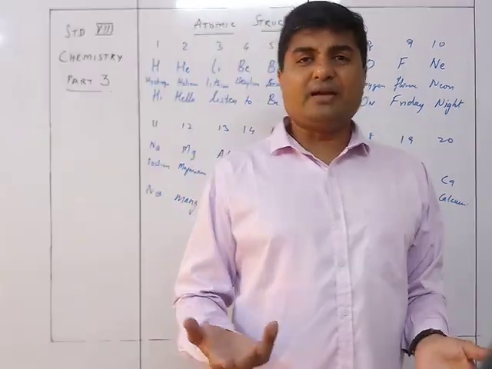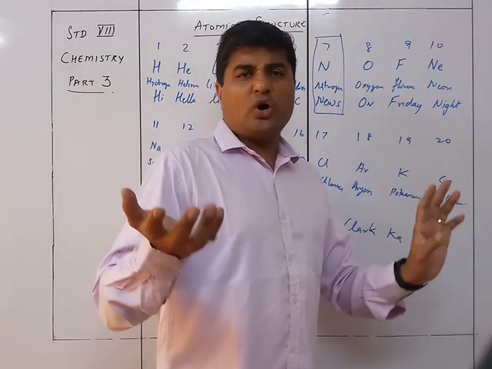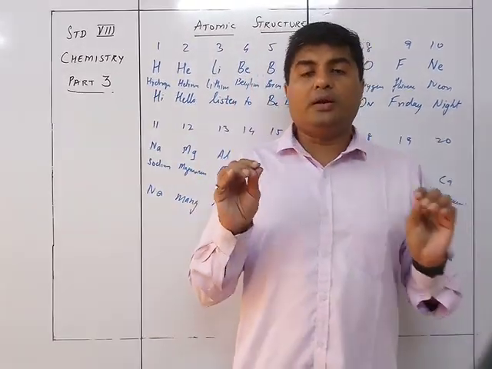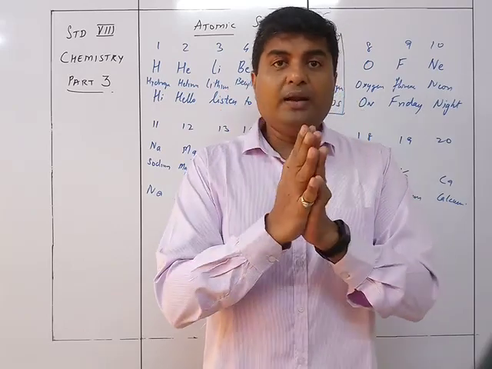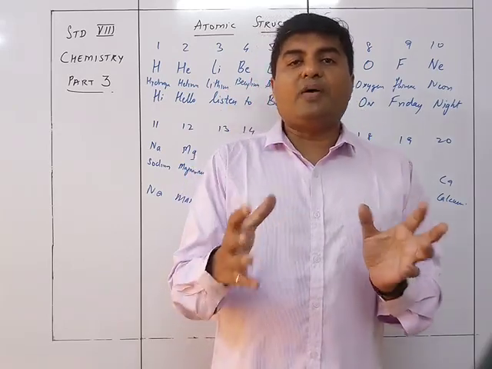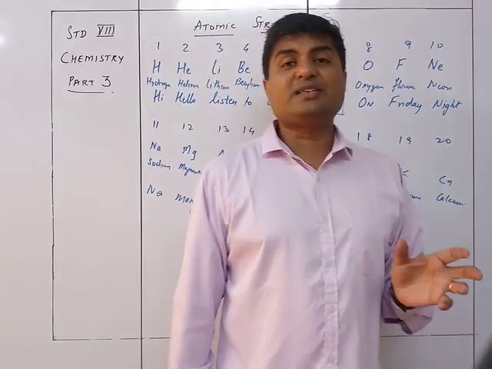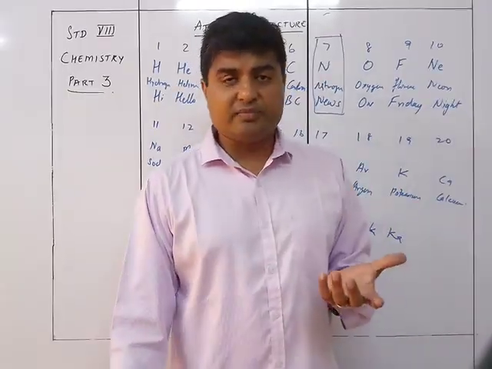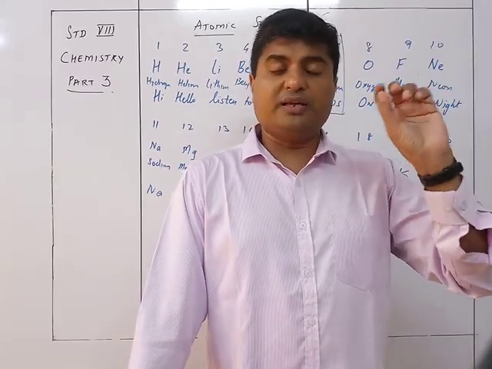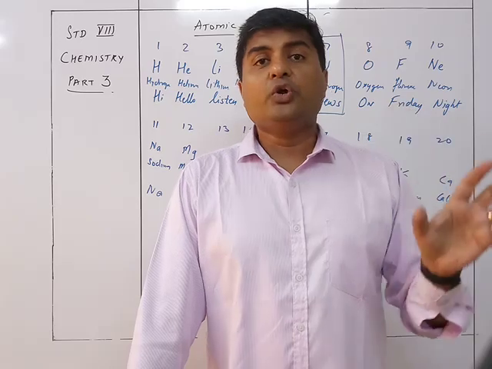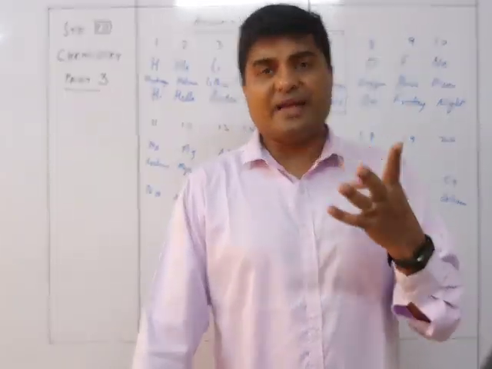There could be many other ways, and some people use things like Pepsi Cola and so on. So it is your choice, the way you see and remember something. I just give you one example by which you can remember the first 20 elements of the periodic table, because this is where you will need to identify them sometimes. They may tell you this is the number of protons, this is the atomic number, this is the atomic mass. You tell me the number of electrons, protons and neutrons, and identify the element also.